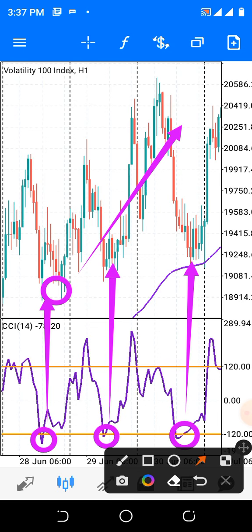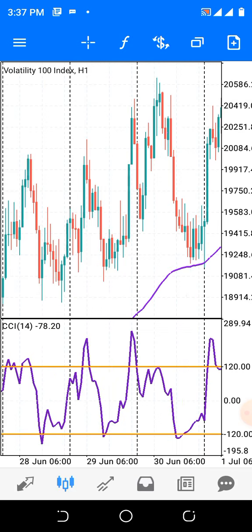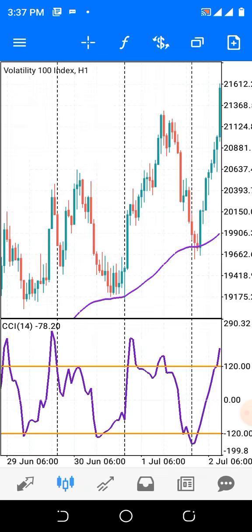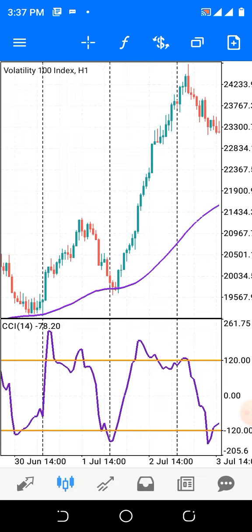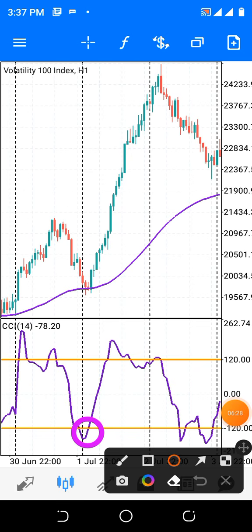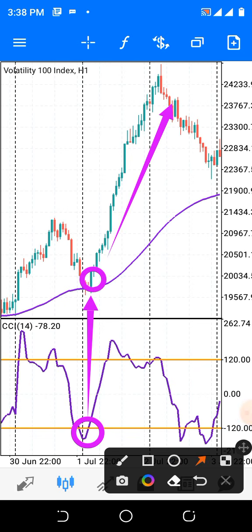Guys, follow the procedure very well and you will reap the market. You will make a lot of money. Do you understand? So we proceed. This is another entry for you. Here is another entry for you. Here is another entry for you. And if you watch, the market is still in uptrend. You make your buy position here, and this is a huge amount of money for you to make.